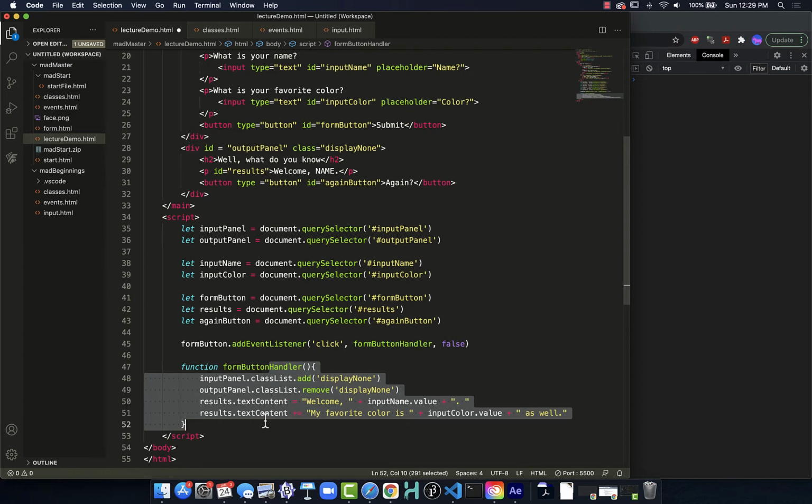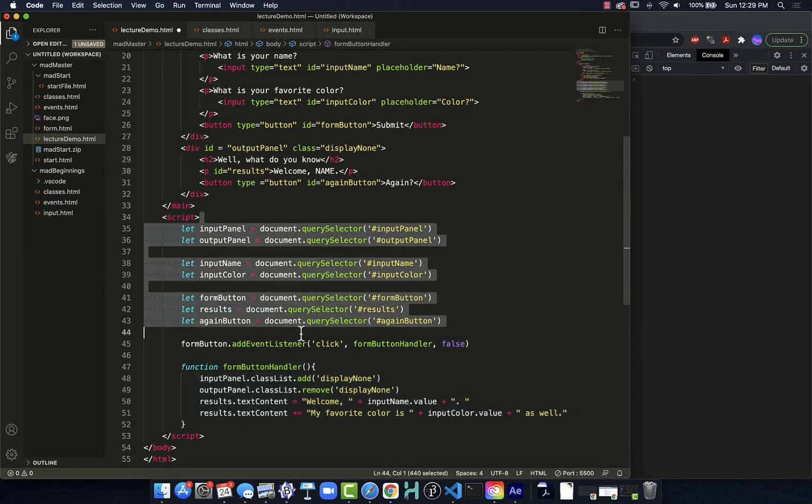There's a couple of ways that we could go about doing this. One is that after we have initialized all of our variables, then we put all of our functions, then we list the event listeners that reference the functions that have already been defined in our code. That would be a good order of operation. Now in this case, this doesn't cause an error,